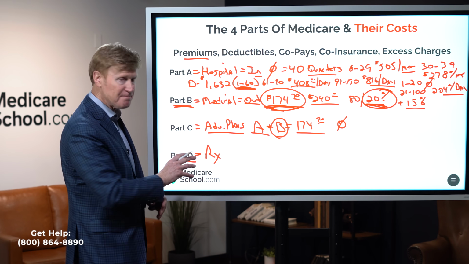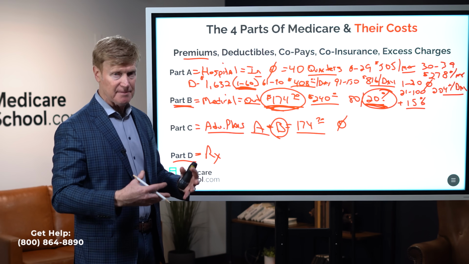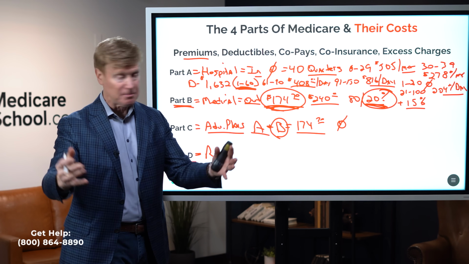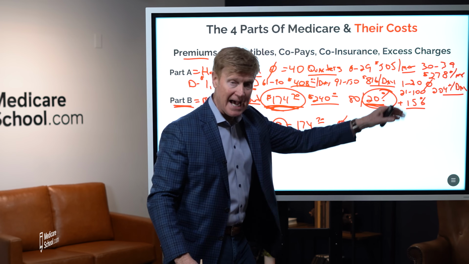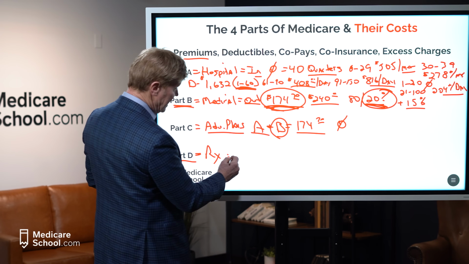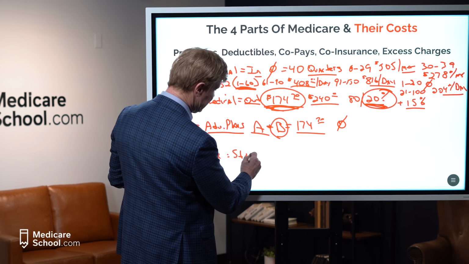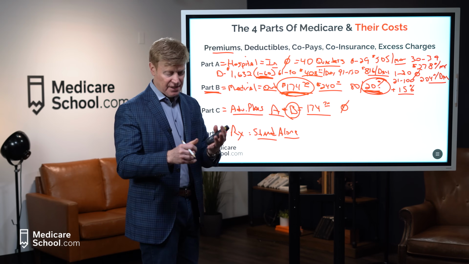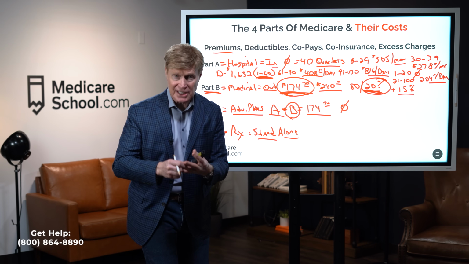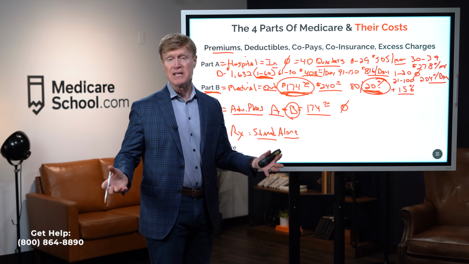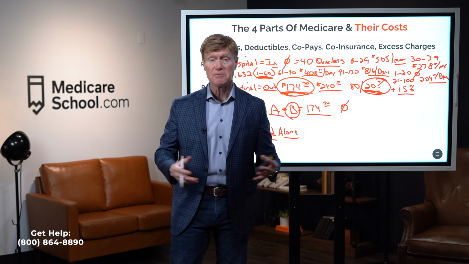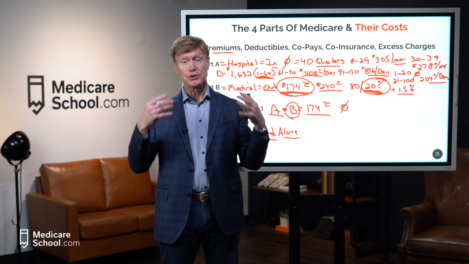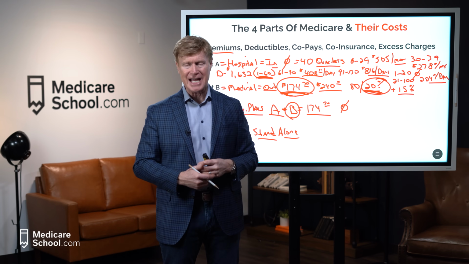When it comes to Part D plans, there's a couple ways in which we can get them. If someone decides to stay in original Medicare A and B and get a supplemental plan to fill in these gaps, then they're going to have what we call a standalone drug plan. That's a separate drug plan based upon the pharmacy they want to go to and the medications they take, and they pick out a standalone plan. There's some on the market right now that are zero premium, 50 cents premium, and the average right now is probably in the neighborhood of about $25 or $30 for a premium for a standalone drug plan.